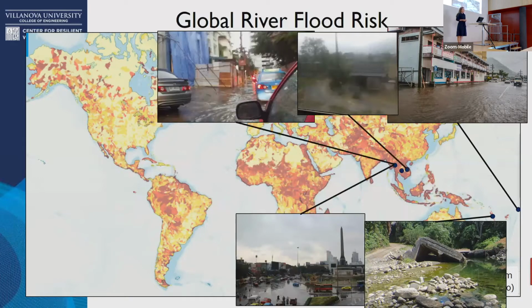I then worked in Southeast Asia. These are pictures I took in Bangkok, Thailand, and also in rural Vietnam, where you can see the monsoon season, the wet season, brings a lot of water and repetitive flooding that happens every year. And as I'm sure for any of you who have experienced a flood event or know someone that has, these waters are not clean. You don't want to go swimming in that water, right?